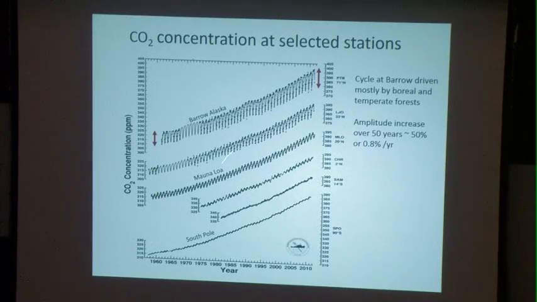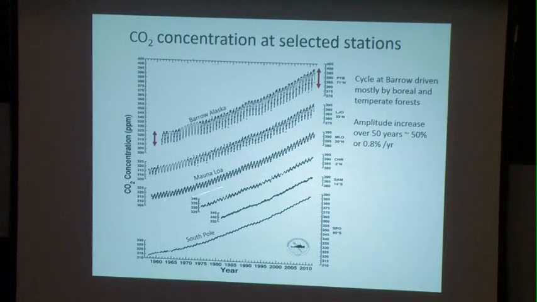Now, at Mauna Loa, it goes up and down with season. Why is it doing that? Well, of course, there's a growing season in the summer where there's more carbon being taken out than released, and then in the shoulder seasons, in the spring and the fall, there's not a lot of photosynthesis, but it's still warm enough to support bacterial activity that releases CO2. So you have an imbalance between fall, spring, and summer. In winter, things are much more passive. That's what's driving the cycle. And of course, it's